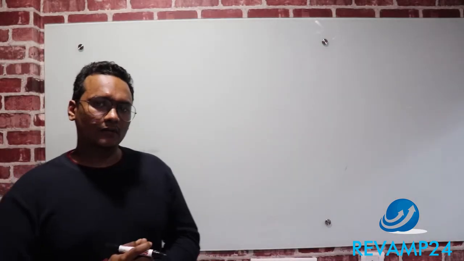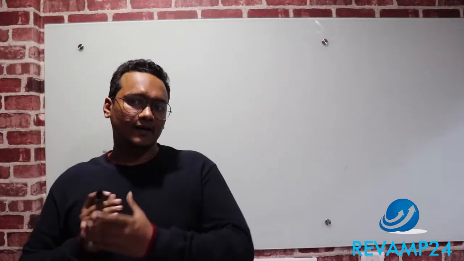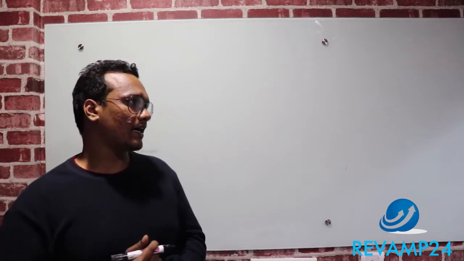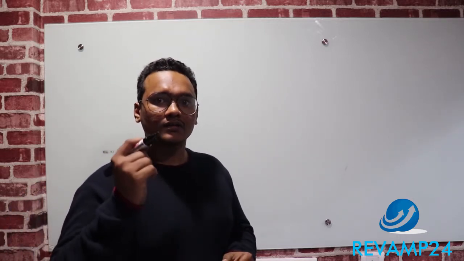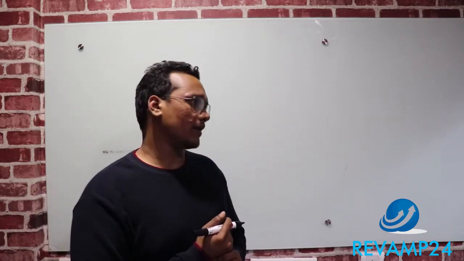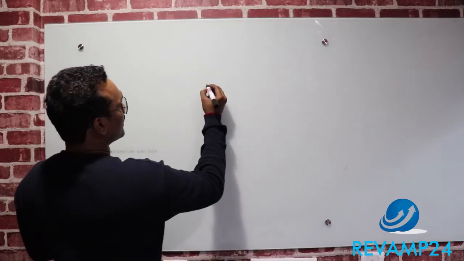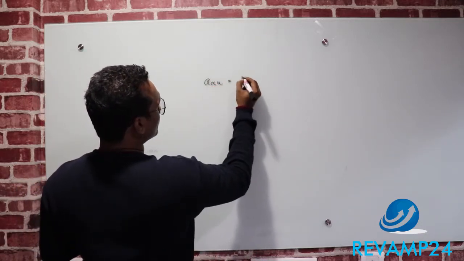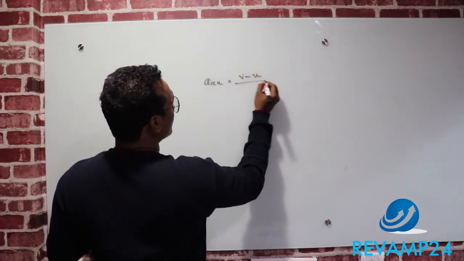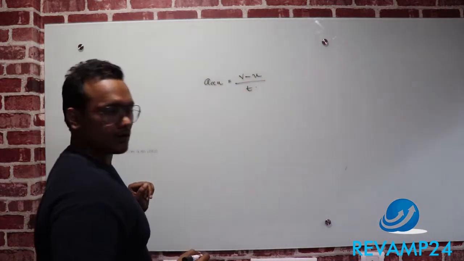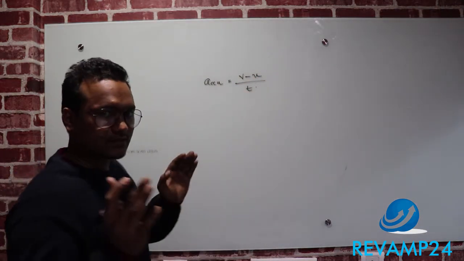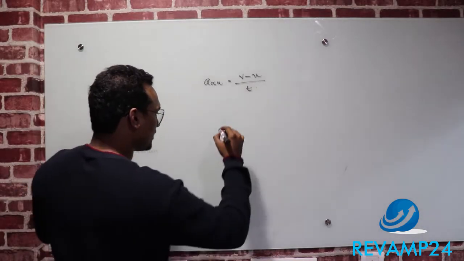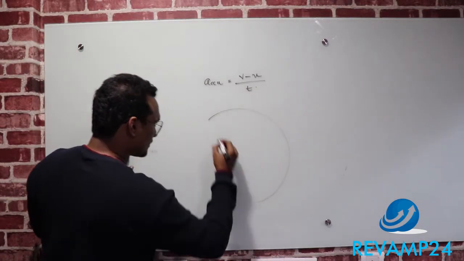Here in this video, I will be explaining about centripetal acceleration. Centripetal acceleration arises due to the change in direction. I will explain it. You know that acceleration is equal to final velocity minus initial velocity divided by time. Now, centripetal acceleration has been defined for an object that is revolving in a circular path